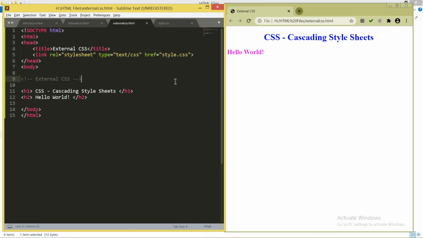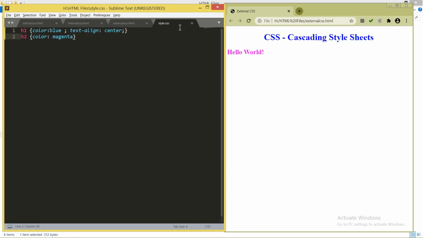Why so? See, if I have a website of 20 web pages, and I want to maintain a single CSS file for all the 20 web pages, that means you have to make this external CSS file.